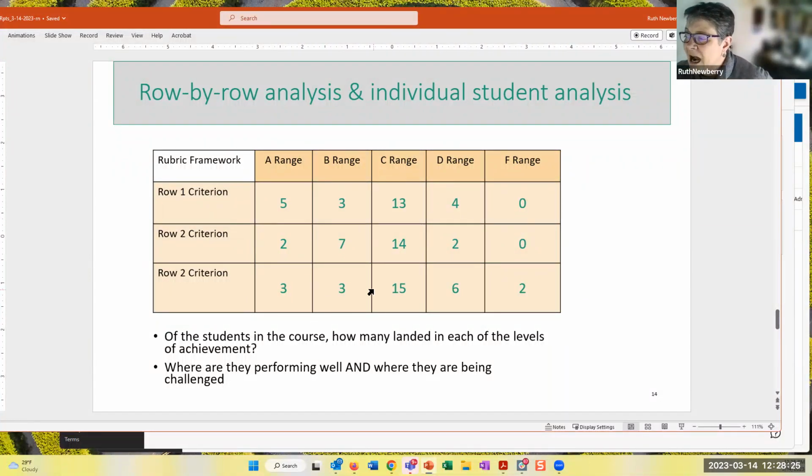So again, I might be looking at this last one. I can see I have quite a distribution. That is telling me that, again, this concept, this criterion, I need to look at more closely in terms of instruction, in terms of the requirements of the assignment itself, even maybe in terms of how I've defined what these ranges would be. It's, again, a note that this needs a little bit more